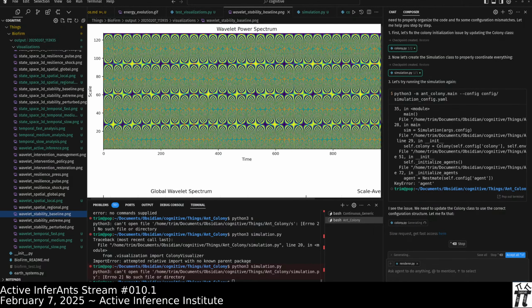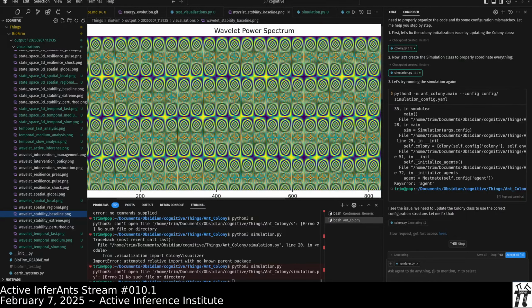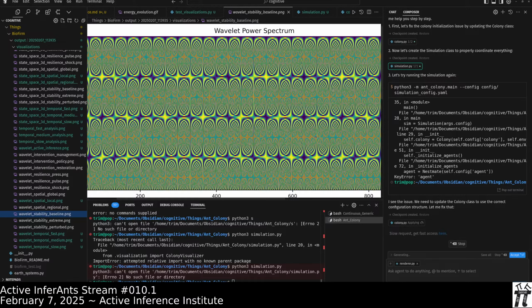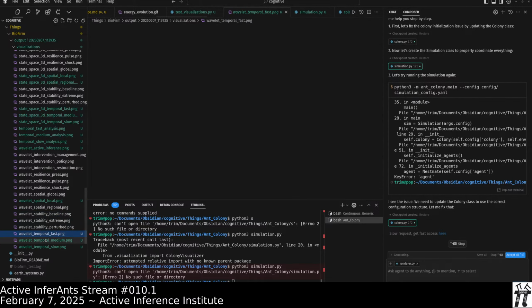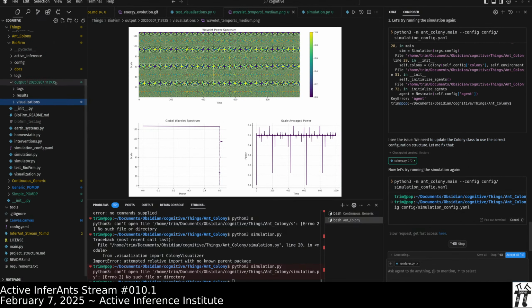Very optical illusion. Like it's just a straight line across here, but when I look at it, it looks like a sine wave. And wavelet power band analyses. So the kinds of